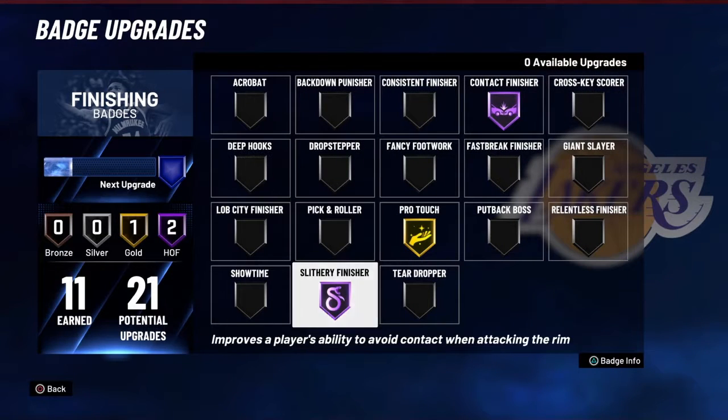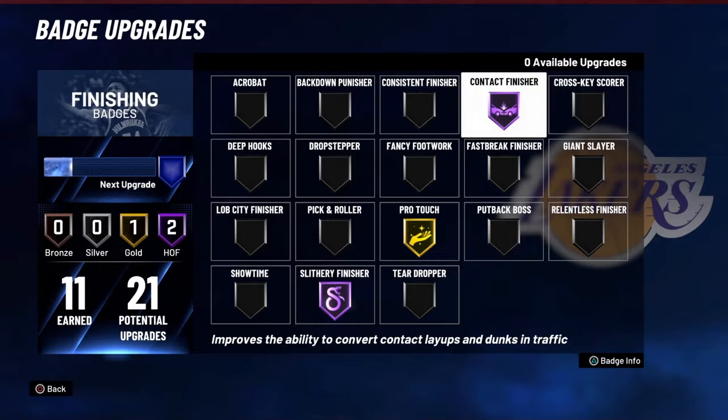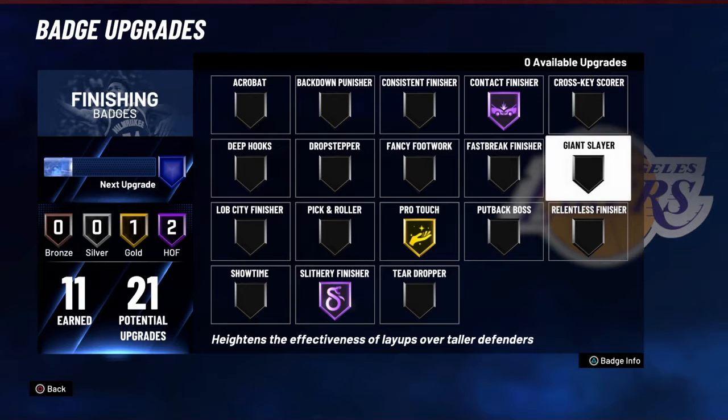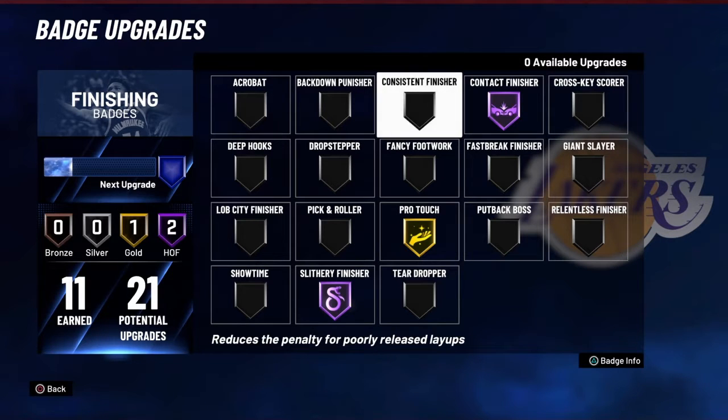These are my finishing badges right now: Hall of Fame Slithery, Contact Finisher, and Gold Pro Touch. I haven't decided if I want to put this on Hall of Fame yet or not. I'm thinking I might, but if I don't really feel like I need it, I'll just drop it to Gold and probably put Giant Slayer or Consistent Finisher on Hall of Fame. Really, it depends